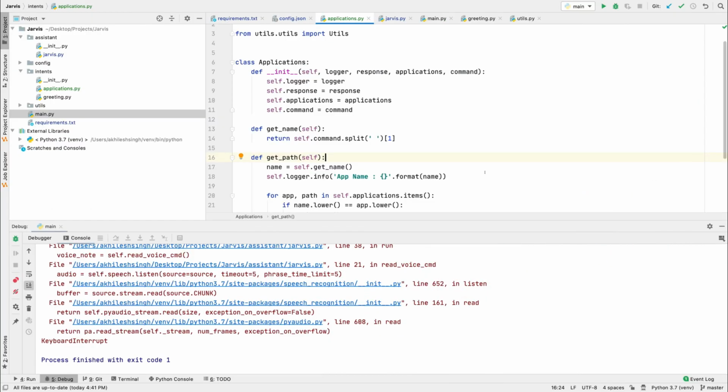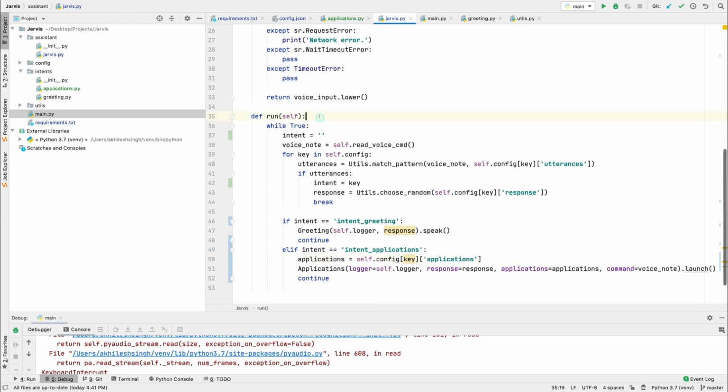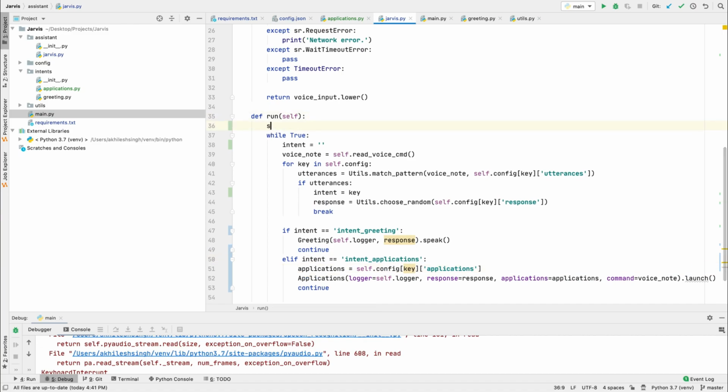The thing which I have not implemented is that first we need to wake up Jarvis. After that, it should go to our intent, right? That is why I was saying something else for the open, but it just keeps listening. So for that, I'm going to create a session and keep it as false.